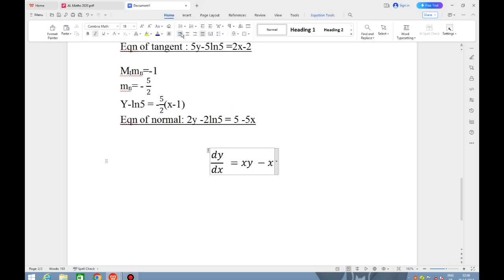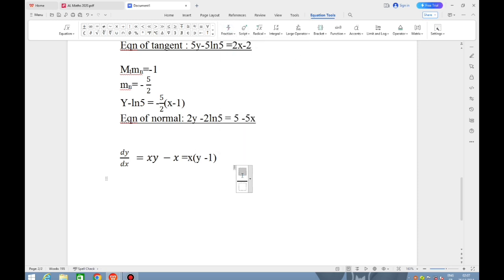So to solve the differential equation, the first thing we need to do is to group the like terms together. That is, we are grouping the x terms and the y terms. To do this, you can start by factoring out x in this. That's going to equal x into y minus 1. And now we divide both sides by y minus 1 and multiply both sides by dx to group x and dx together and dy and y minus 1 together. That's going to give us,